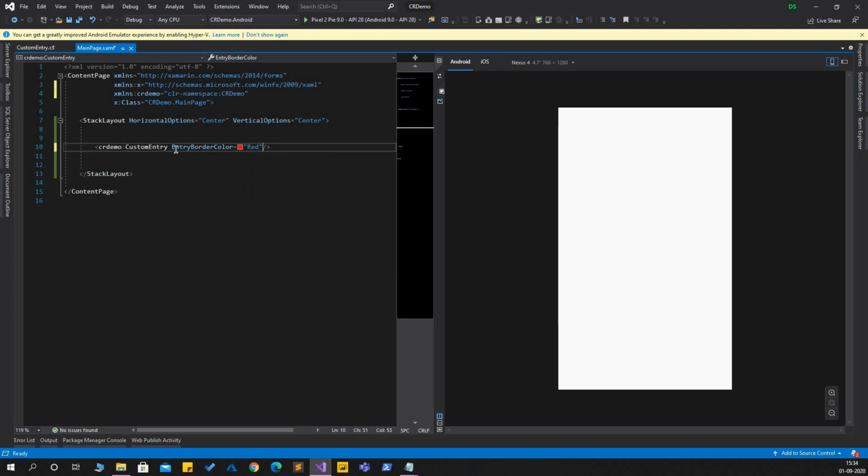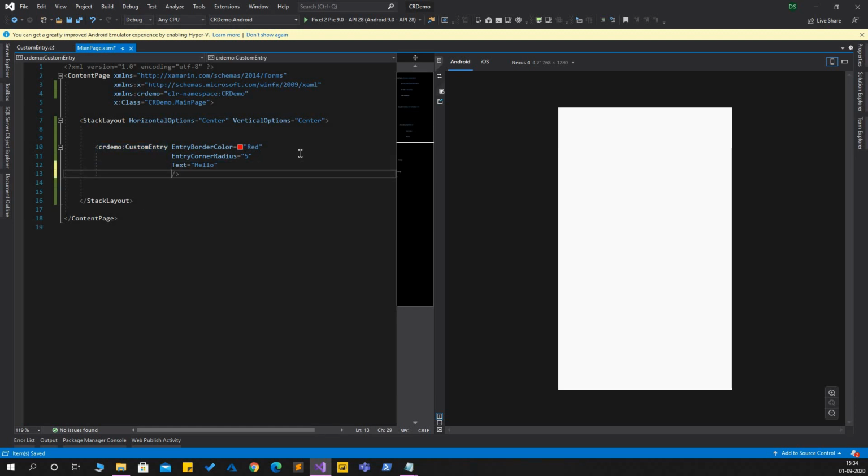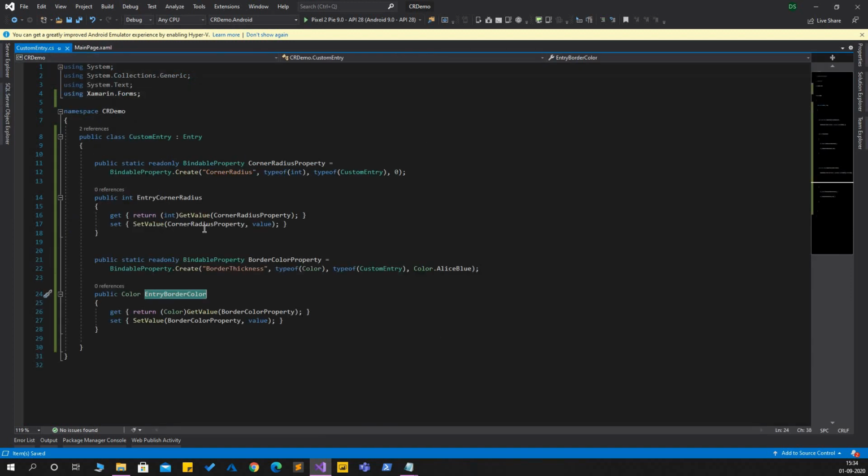I want it to be red. Entry corner radius, I want it to have a corner radius of 5. And I want it to have a text which will be hello. And we also have a width of 200. Now our custom entry is created.